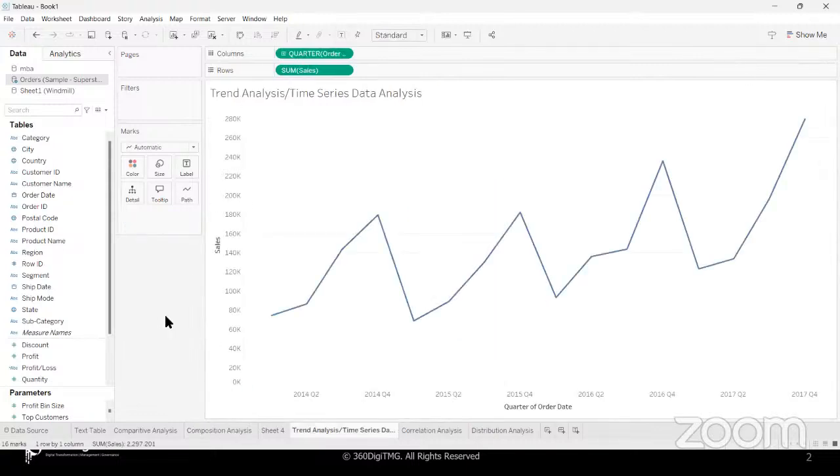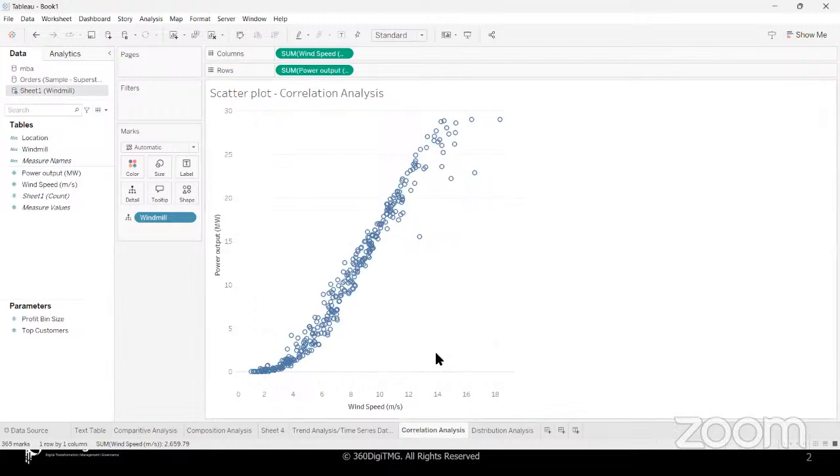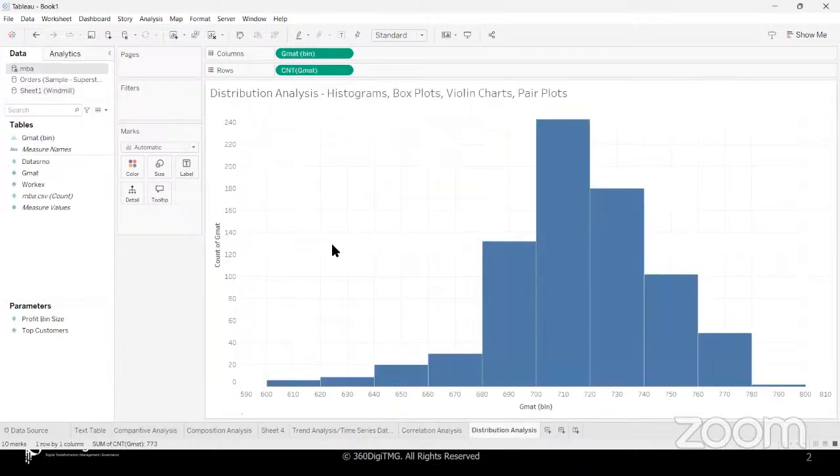Trend, time series data, how are we doing over a period of time? You see such words, go with the line chart. What is the relationship between the variables? Can you perform prediction? You see such words, go with the scatter plot. What is the distribution of the data? You can go with any of the graphs here. Okay, there are some other charts also, like for example,